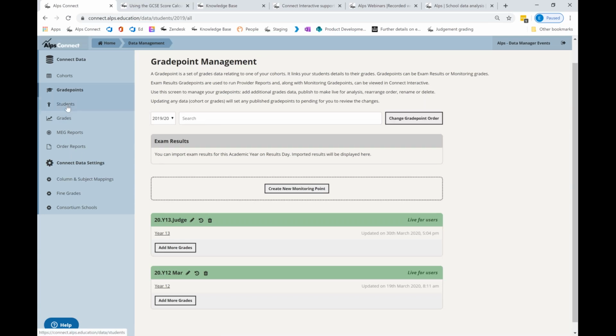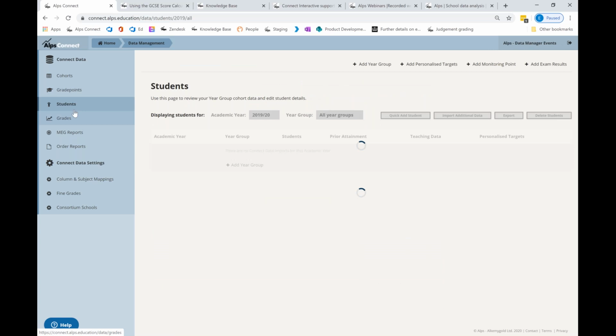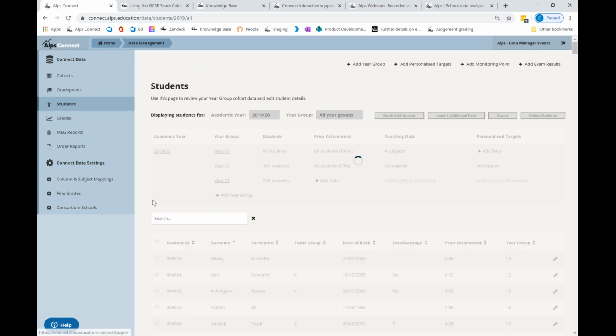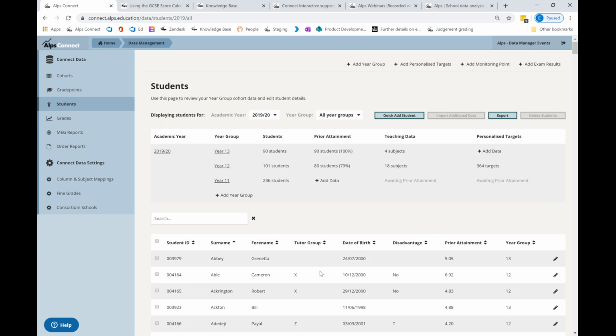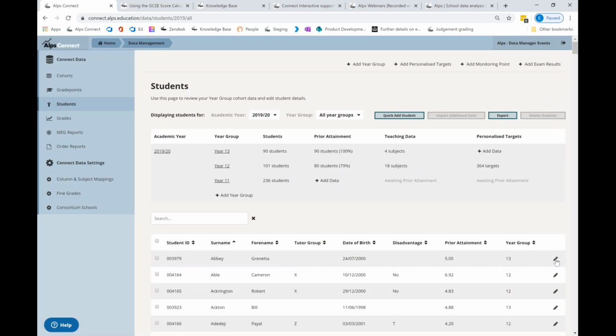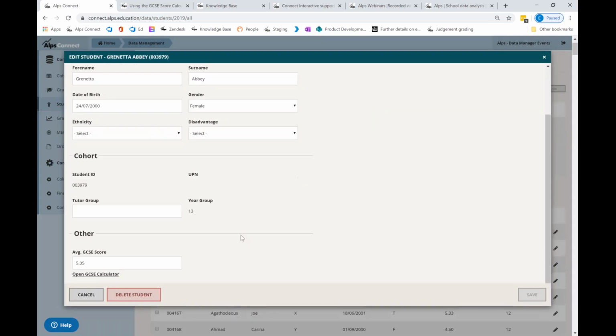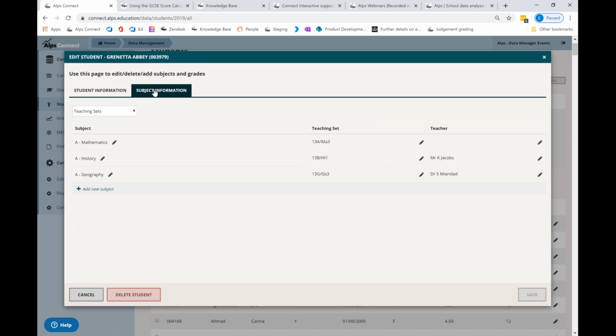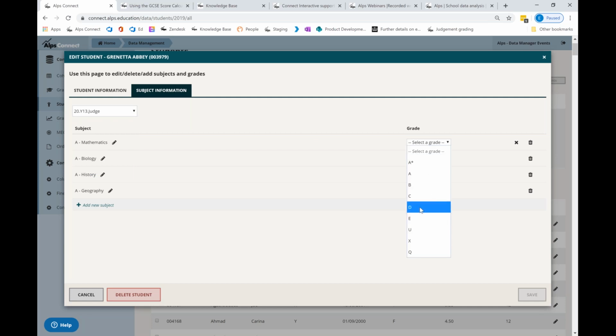If you do make any edits to any students or any grades, then you will just need to remember to republish. So for example, if one of their judgment grades changed, I'll show you that again, then this student here, I can click on this edit pencil. I have my student information here. And if I click on subject information and choose my judgment grade point here, then I can edit this grade,